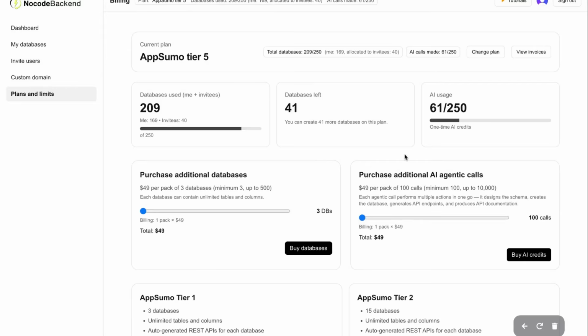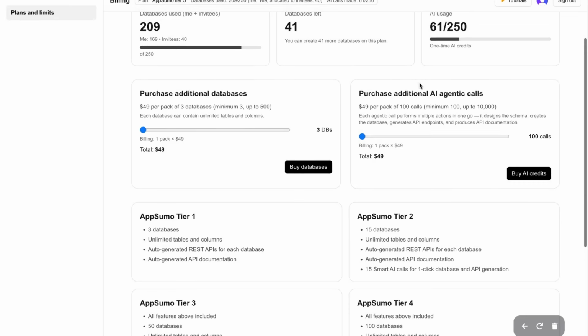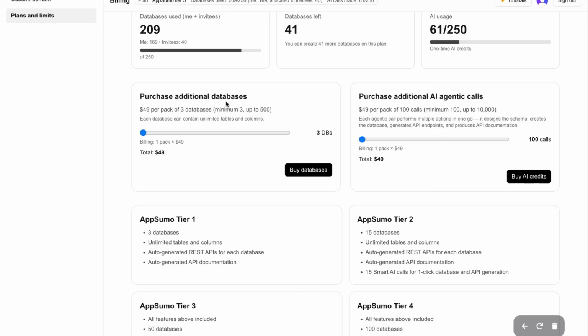And then we have the plans and limits, and here what we have done is we have added additional credits. If you want to purchase the credits at one time price, you can purchase the additional databases as well, or you can purchase the AI agentic calls there. So we are not calling them as just AI calls, but these are agentic calls because it is not doing just one thing. A single AI call performs multiple actions for you. Okay, it works on the databases, it works on the documentation,